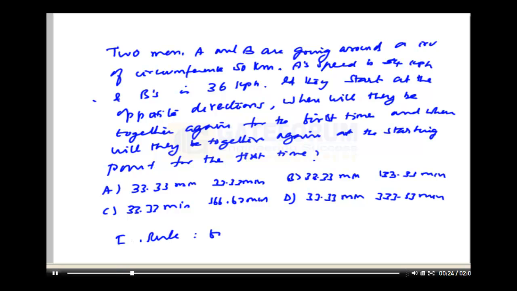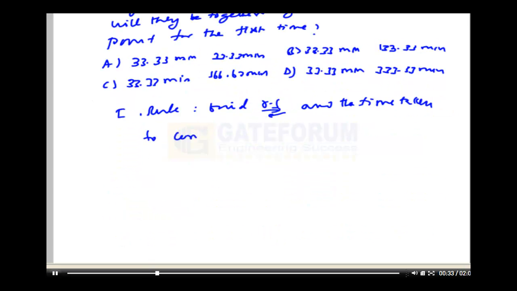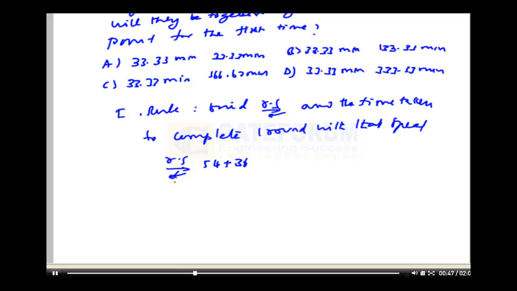First one, rule: find the relative speed in the opposite direction and the time taken to complete one round with that speed. Relative speed is 54 plus 36, 90 kilometers per hour. Time taken